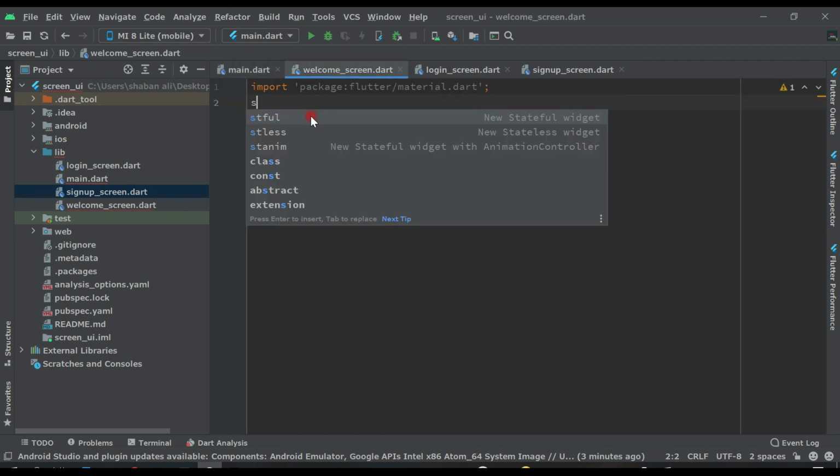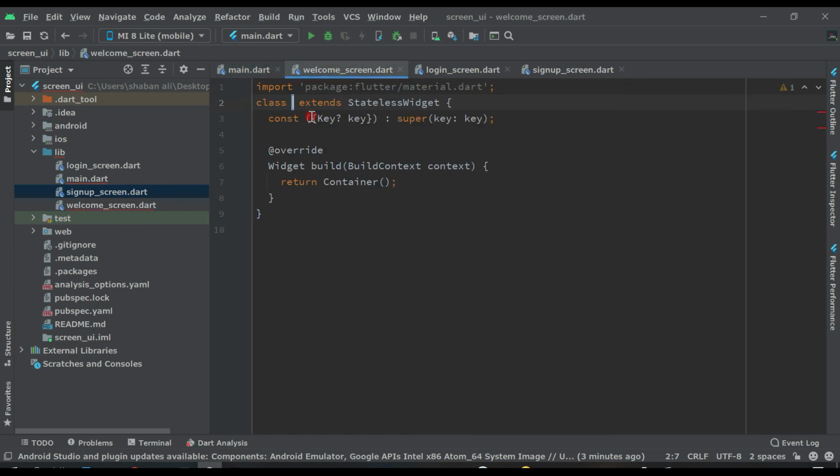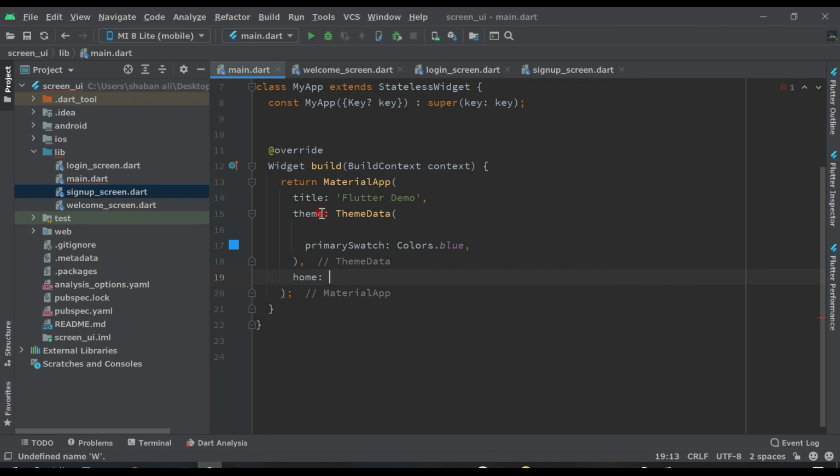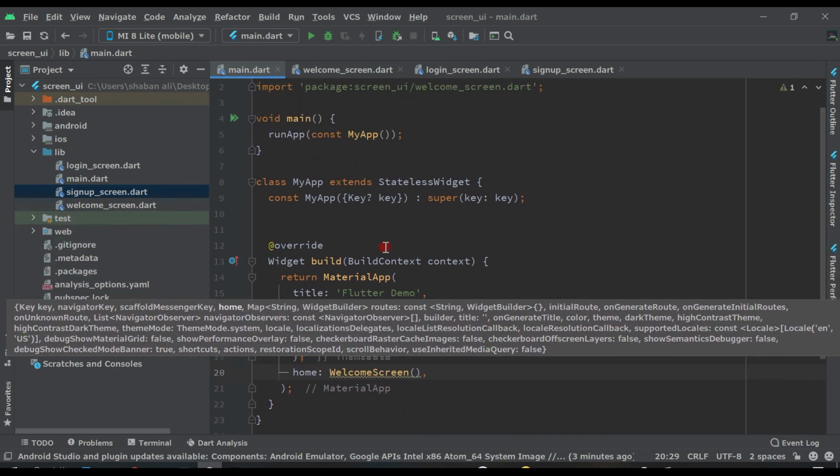So here type stateless widget and say welcome screen like this. Now come to the main and write here welcome screen and put a comma. Yes, that's all.